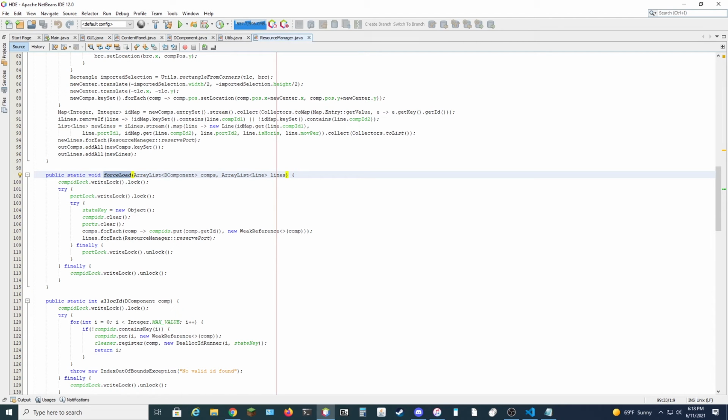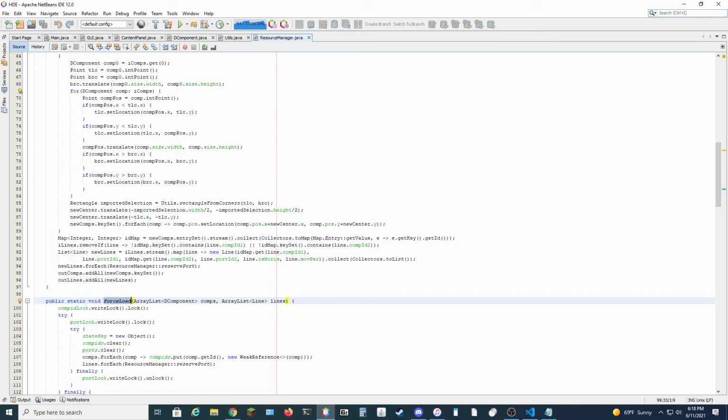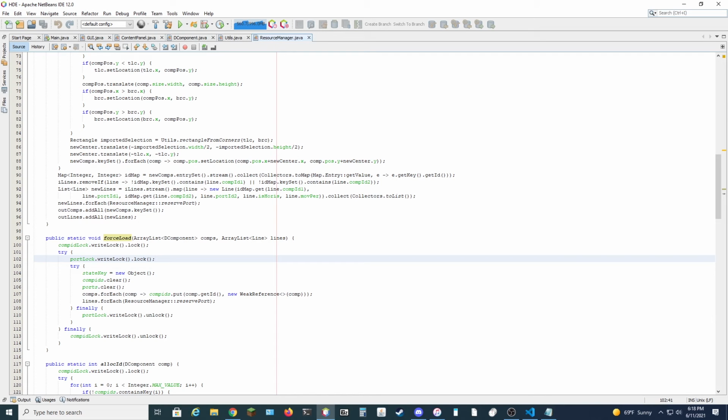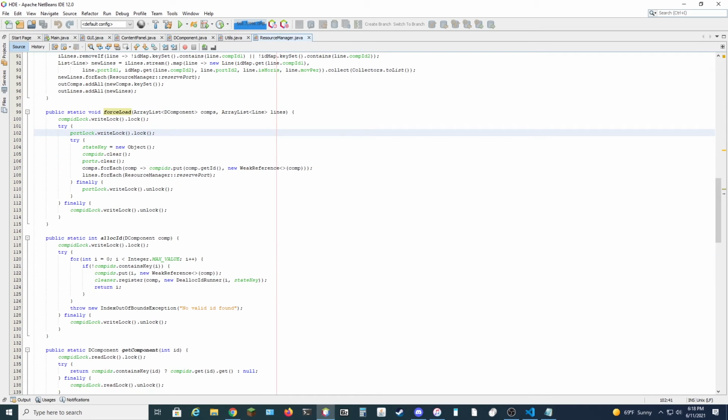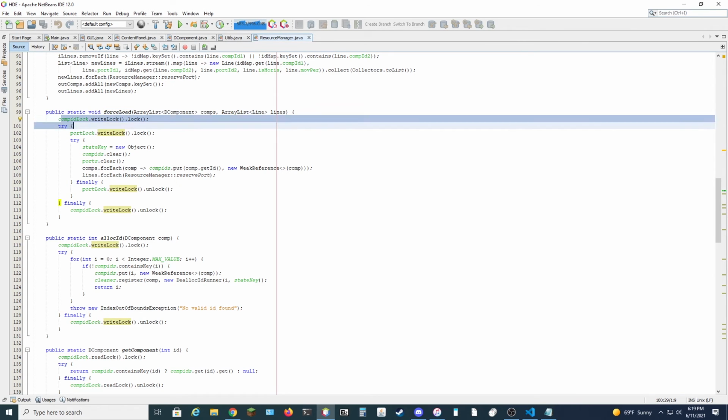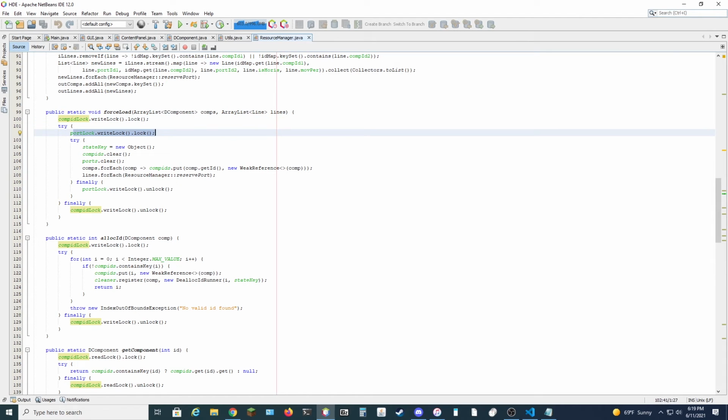Next up, we have force load, which is going to be when we're loading from a file. This is going to say ignore all of the other kind of things that exist. This is saying that we are loading from a file, and we want to ignore all the normal stuff that we'd have to do in order to check that stuff is reserved and open, and just mark all of this stuff as being registered. So we're going to set the component. We're going to lock the component and port arrays so that no one else can edit them. We're going to update the state key, which I'm guessing,